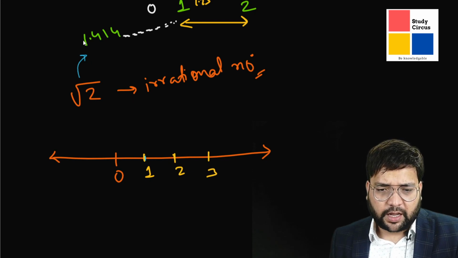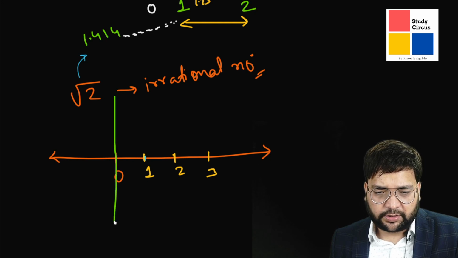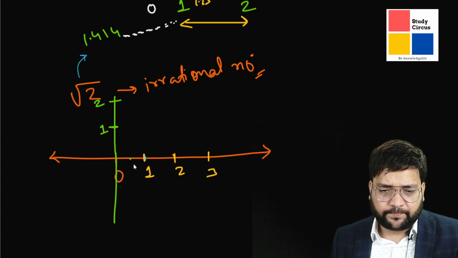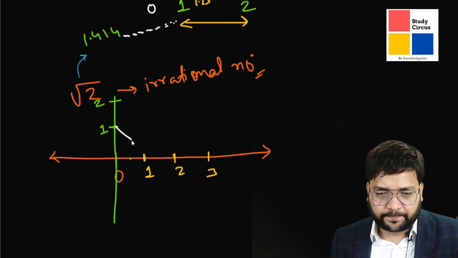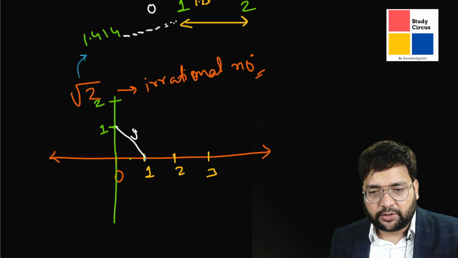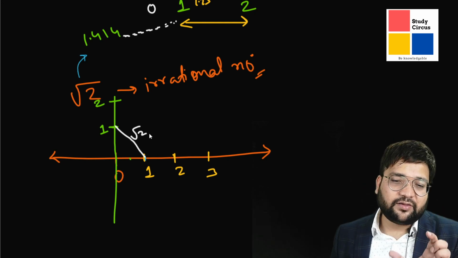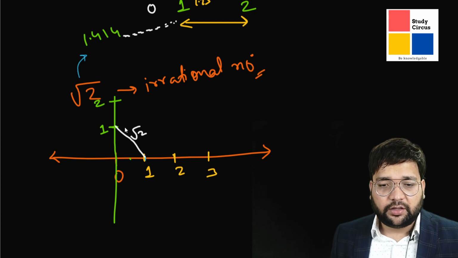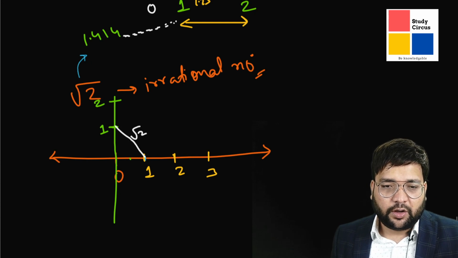And draw this line and take 1 unit here on the y-axis also, on the perpendicular to this. So this is 1 and this is also 1. Now if you join this, by Pythagoras theorem, we can say that this is equal to what? 1 plus 1 and square root of that, that is square root 2. So the length of the hypotenuse is certainly root 2. This much we can very confidently say.